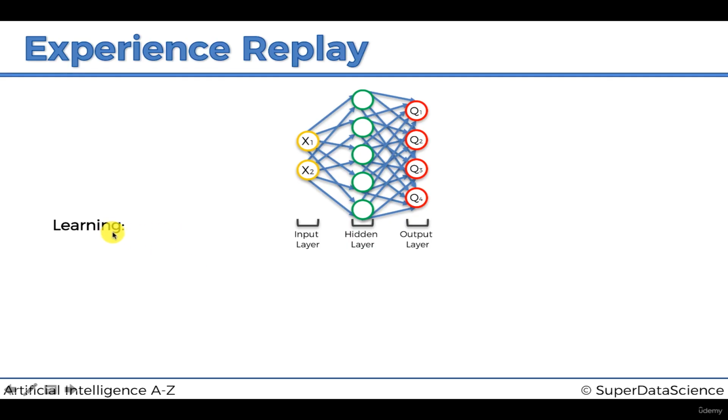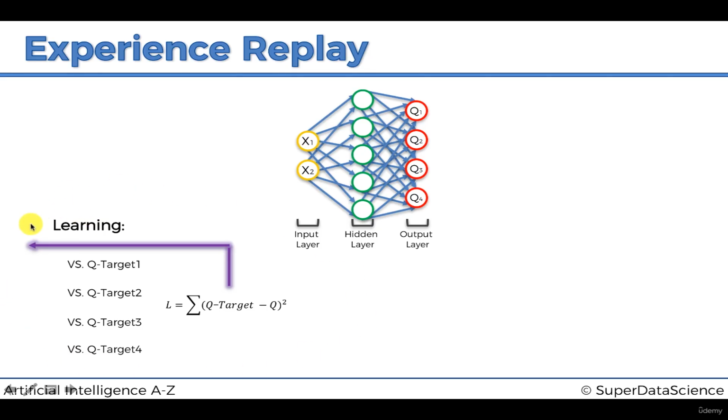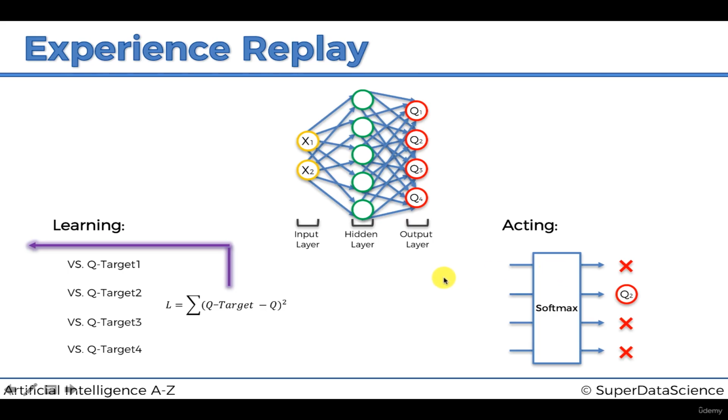So as we discussed, we've got the network, there's two parts that happen. First of all, it's the learning. So the network actually learns with every new state. It slowly updates its weights to get better and better and better at dealing with this environment. And then there is the acting inside the state. So after the Q values have been counted in the state, then one Q value is selected.